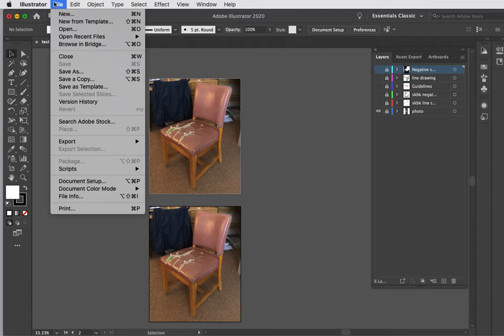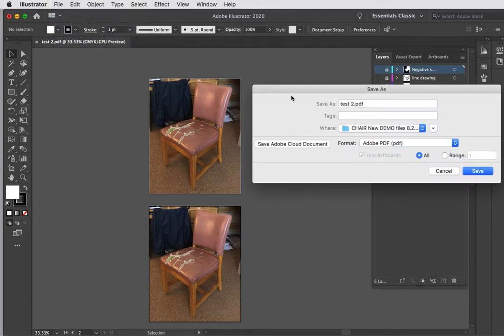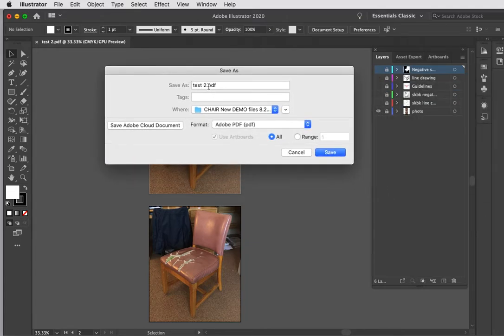I'll say File, Save As, and when this window opens up, I'm going to name this file just Page 1 because my PDF needs to start with the photo for this particular assignment. It's a chair in 2-point perspective, a series of drawings, and I'm going to save everything to the chair folder I've already made. The format I'm saving is a PDF,